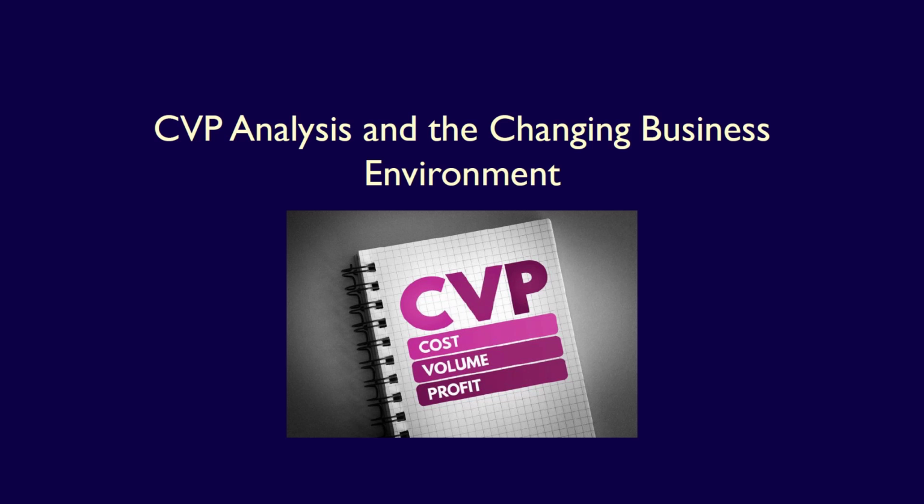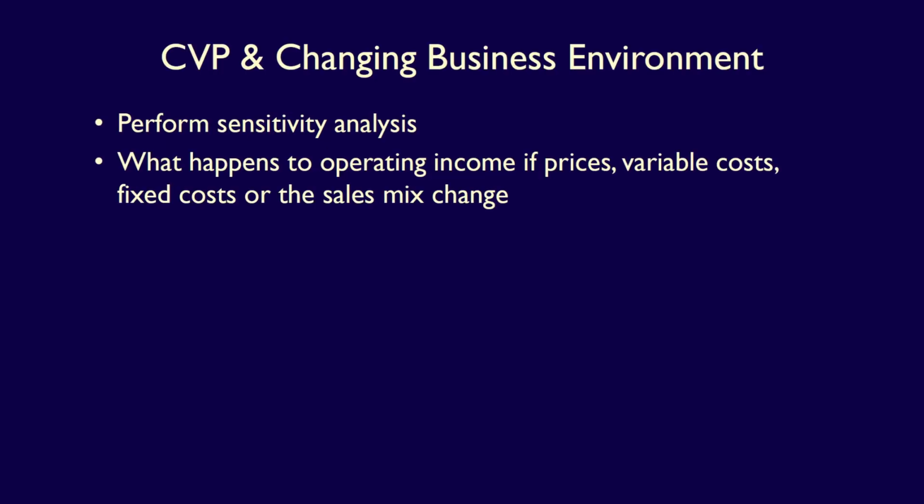So how can we use CVP analysis to analyze changes in the business environment? CVP analysis can be used to perform sensitivity analysis, a method of determining what would happen if variables such as the sales price, variable costs, fixed costs, or the sales mix changes. As always, the easiest way to demonstrate the use of CVP analysis in a changing business environment is to use